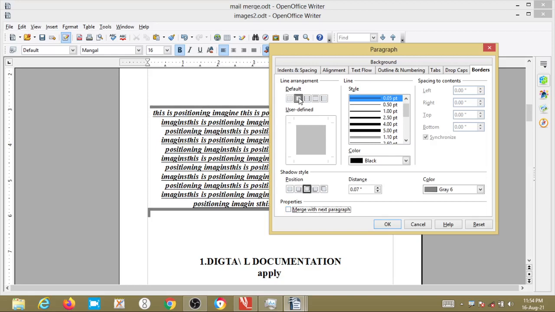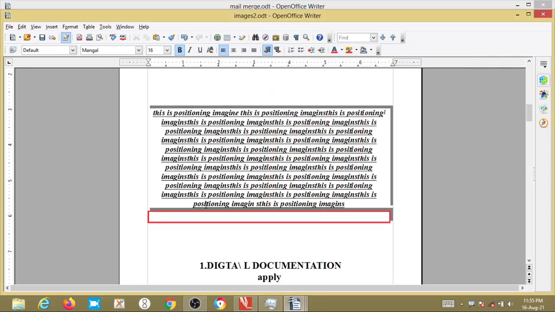Here there is a default style, you can select whichever style you want. Previously only one side was selected, because it depended on the shape selected here. See, now it is showing that all the borders are selected. You can change the color also. Then if you apply it, wherever the cursor is placed, the border is created.